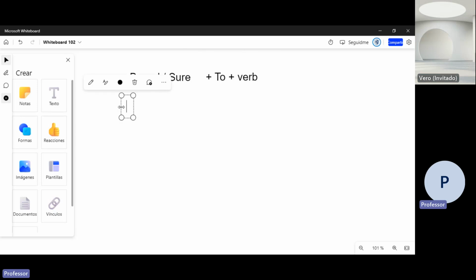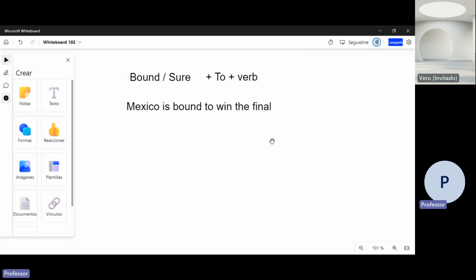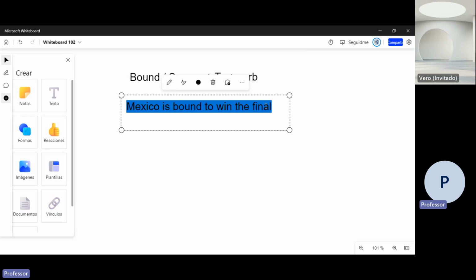For example, Mexico. Bound... how are we going to translate? Seguro? Exactamente. Okay. For example, Mexico is bound to win the final. México está seguro de ganar la final. And it would be the same if I said Mexico is sure